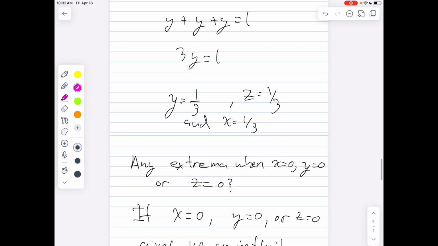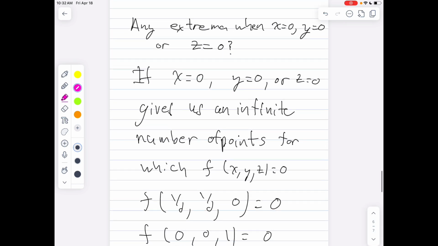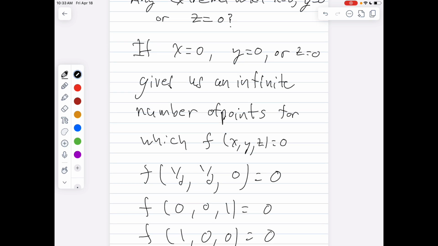How about though, let me go back to looking at what can happen when x equals 0, y equals 0, or z equals 0, finding extrema. So here, again, Lagrange multipliers does not apply. And when you have a case like this, you have to think about it for a second. If you think about the points that are restricting you, x equals 0, y equals 0, z equals 0, first of all, there's an infinite number of points which fall in the constraint, meaning that x plus y plus z equals 1, but for which